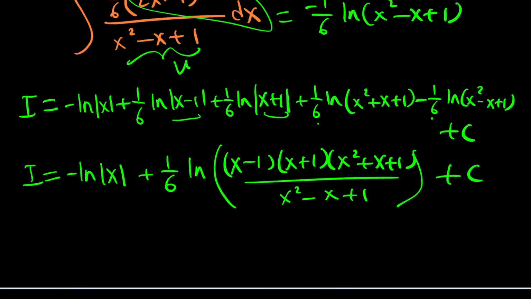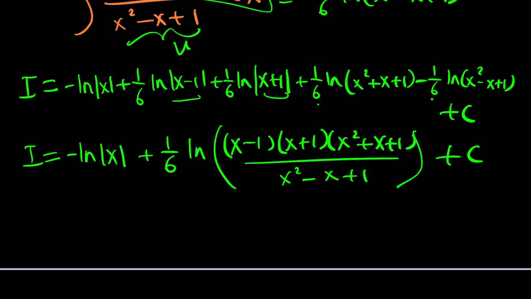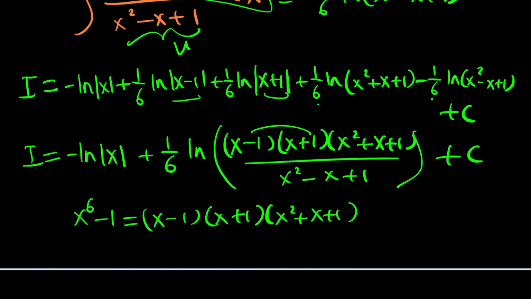And then from here, you can definitely come up with something else. So let me go ahead and show you. These two will give us x squared minus 1. And then if you put it all together, you can arrive at something a little nicer. Because if you think about how we factored this expression, we had x minus 1, x plus 1, and then x squared plus x plus 1, and then x squared minus x plus 1. Make sense? So you can put it all together, simplify that and write it in the simplest form. I'm going to leave that for you to do